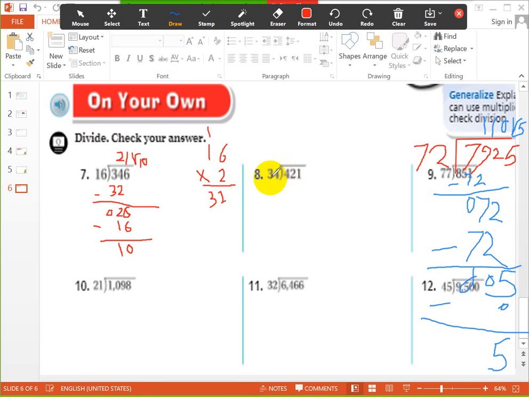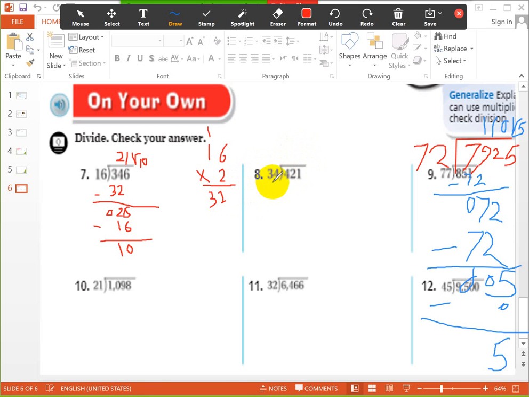4 divided by 34. Can I divide 4 by 34? No, I can't. So I will take the 2. So it will be 42. So the first digit in the quotient will be in the tens place. 42 divided by 34. How many 34s in